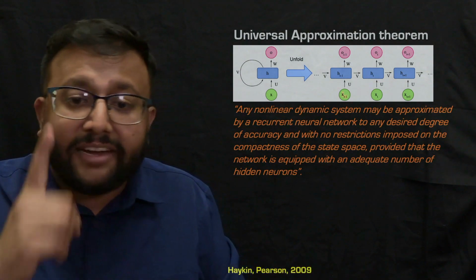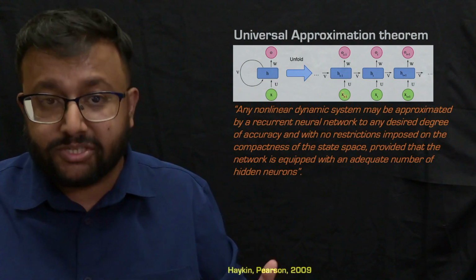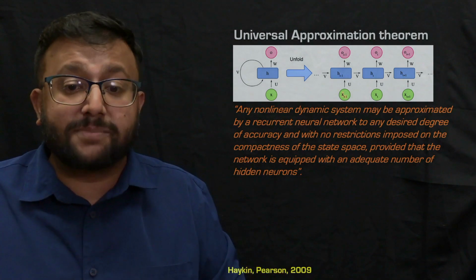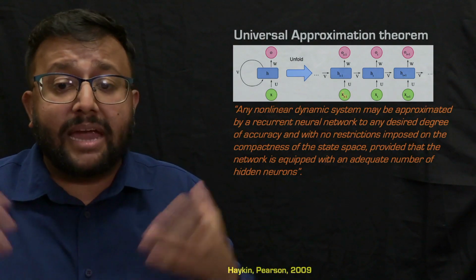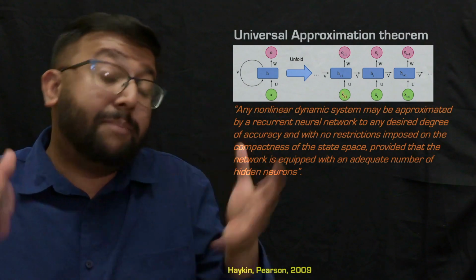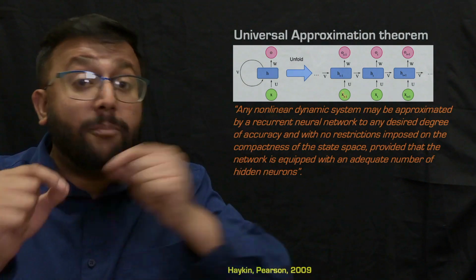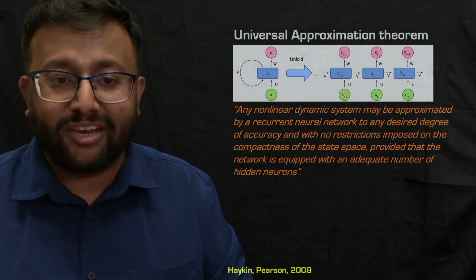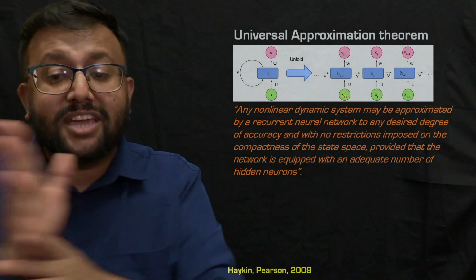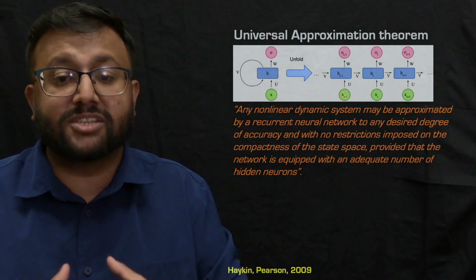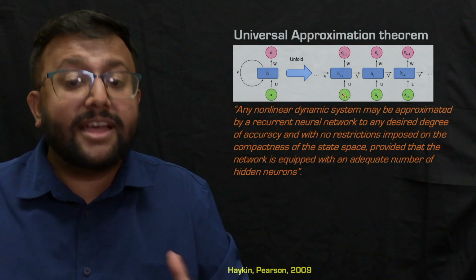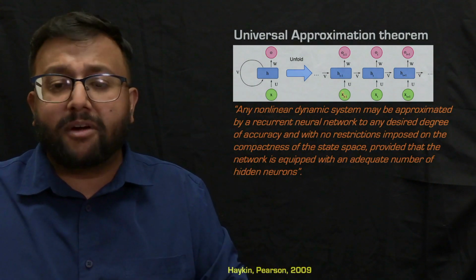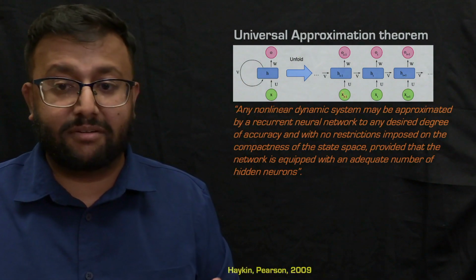Now the key here is an adequate number of hidden neurons, right? So that is where all of the, you must have heard, hyperparameter training and all of these concepts come in. So the fundamental concept behind neural networks is the ability of these hidden neurons to perform nonlinear transformations of your input data. So we talked about augmenting the space to perform nonlinear transformations. You can imagine a lot of these hidden neurons through these activation functions are essentially performing these nonlinear transformations. So by training the synaptic weights along with the activation functions, you get a really powerful machine, right?